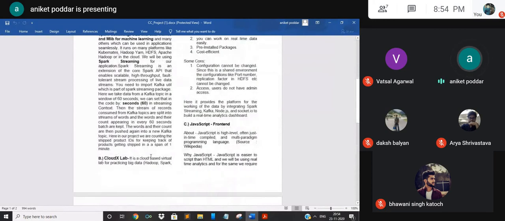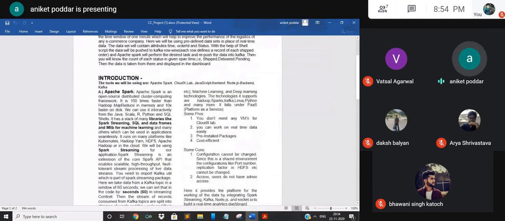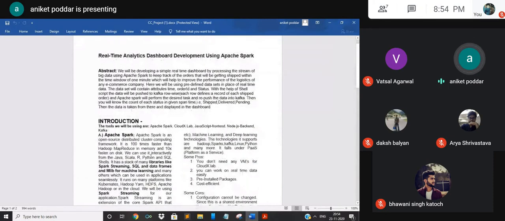My fellow colleagues will explain in detail how the processing is to take place one by one, and how we'll get the results. And at the end, we'll have a short demo that will show you how the working has happened. So now I would like to hand over to Daksh, who will take you through the slides and explain everything one by one. Daksh?